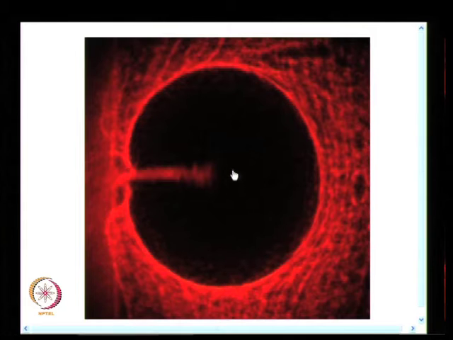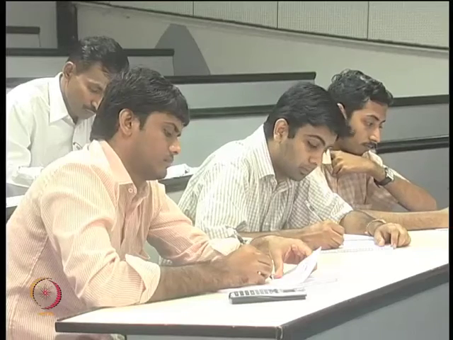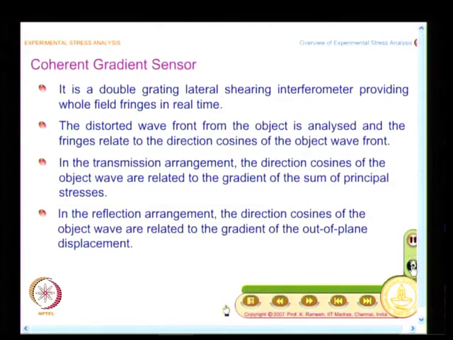And I said caustic is not a general purpose experimental tool, it is only for high stress gradient problems that you get information from this. And what you find here, you do not have any information in the shadow region. So, this prompted researchers to find out how to fill in information even in this zone. And the method of coherent gradient sensor, that is what we are going to discuss next, has originated from this aspect in mind.